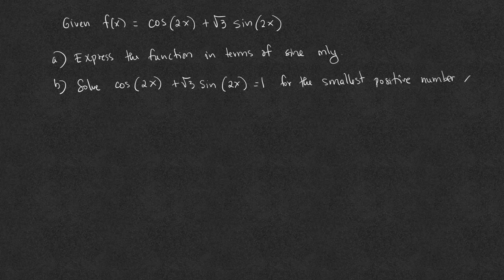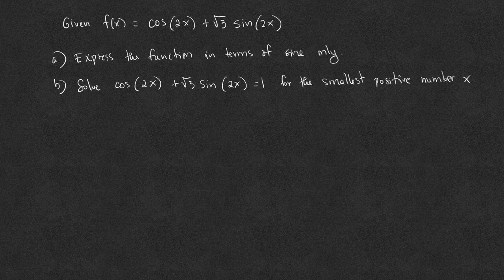Given the function f of x is equal to cosine of 2x plus the square root of 3 sine of 2x, express the function in terms of sine only. Solve cosine of 2x plus the square root of 3 sine of 2x equals 1 for the smallest positive number x. We can use the sum formulas of sine and cosine to find the coefficient, but we will rewrite this